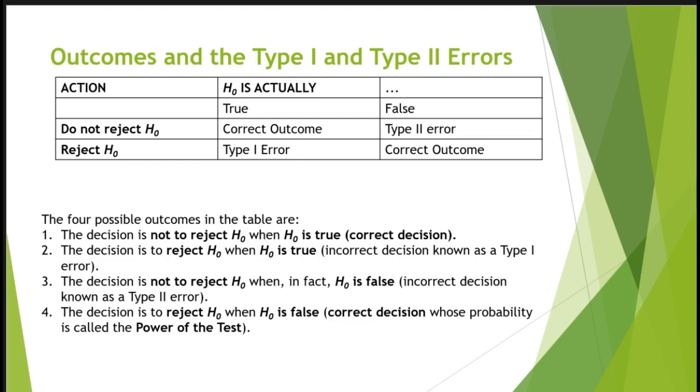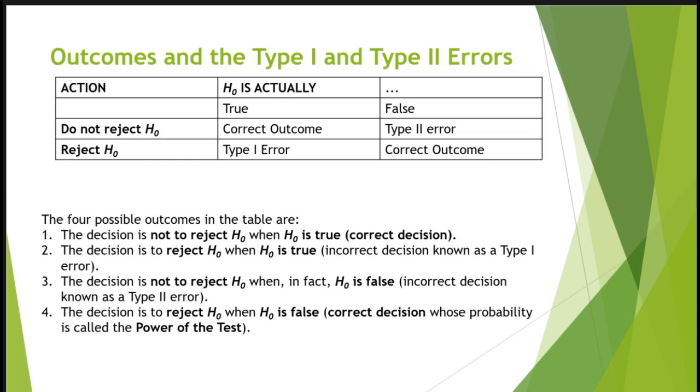When we perform a hypothesis test, there are 4 possible outcomes that depend on the actual truth or falseness of the null hypothesis. So everything is based around the null hypothesis and the decision whether we're going to reject it or not. If we look at this table, this summarizes the possible outcomes. So the 4 possible outcomes are: the decision is not to reject the null hypothesis when the null hypothesis is